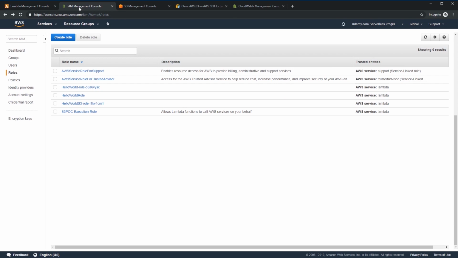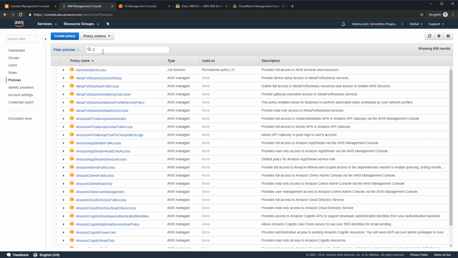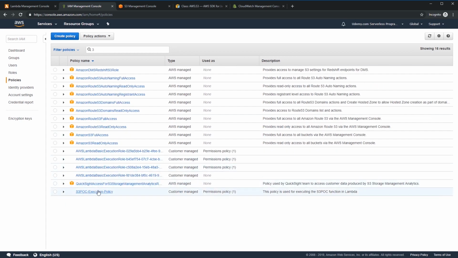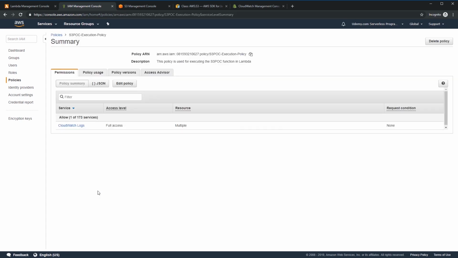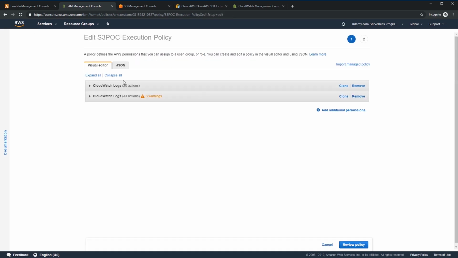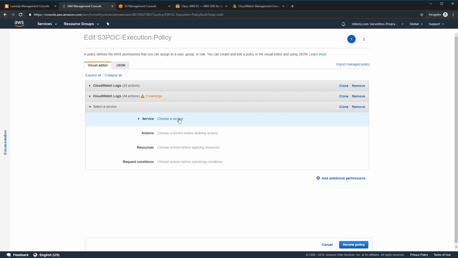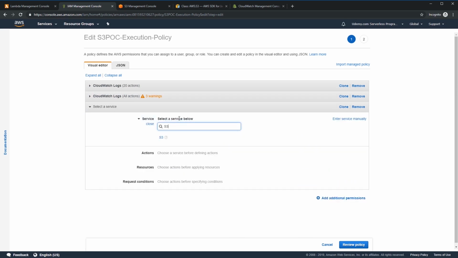Let's go back to IAM, and let's go back to our policies, and let's go back to S3, and then into our S3 POC execution policy. And then in here, we want to edit the policy, and we are going to add additional permissions in here. Before, we talked that you could have access to multiple sections of AWS. Here, we're going to give access to not only the CloudWatch logs, but we're going to add the additional permission to access S3,